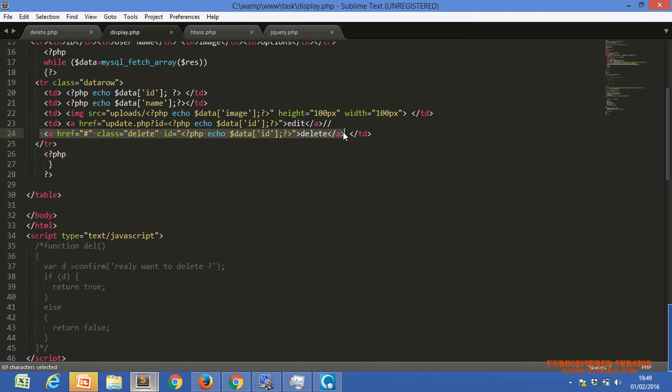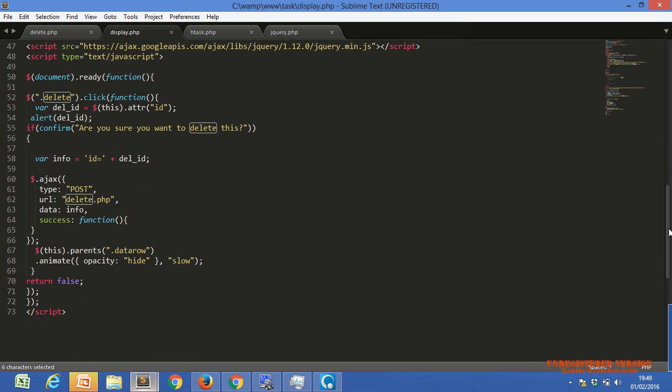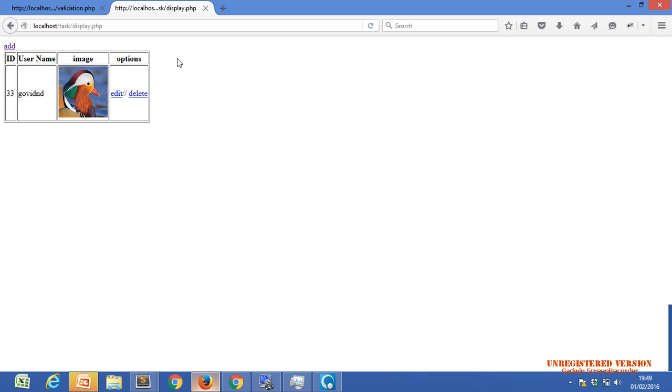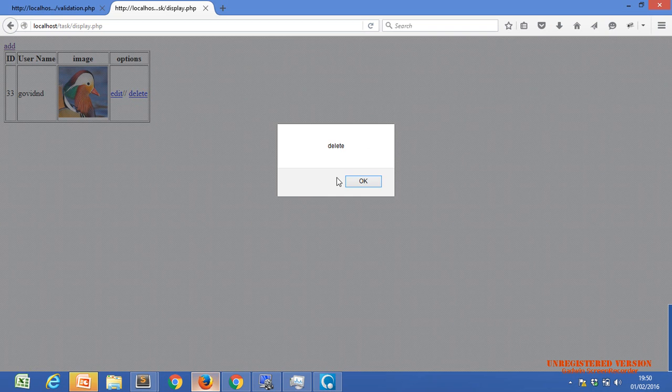Okay. Now we can get the ID with the ID attribute. Now I just want to get the class name. How will we get the class name, Nazar? I just have to change ID to class here. Then we will get the class name of our current element. This is our current element because of dollar this. Let's refresh the code. Now it will return delete. Is this our class value or not, Nazar?